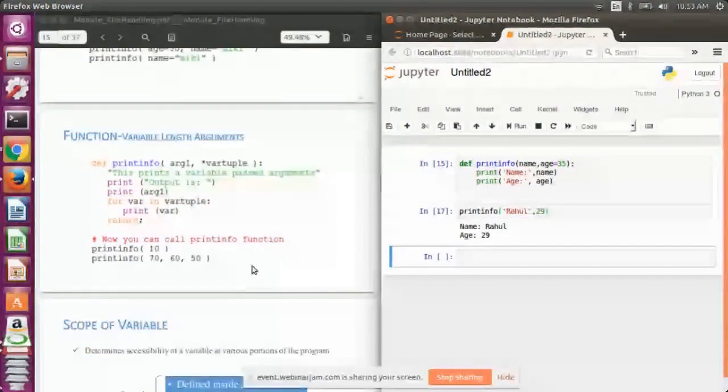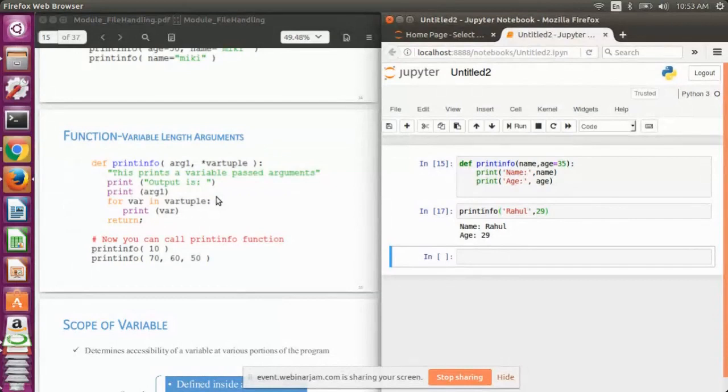The last thing is variable length arguments. Variable length arguments correspond to the concept where the number of parameters of a function definition is not fixed.